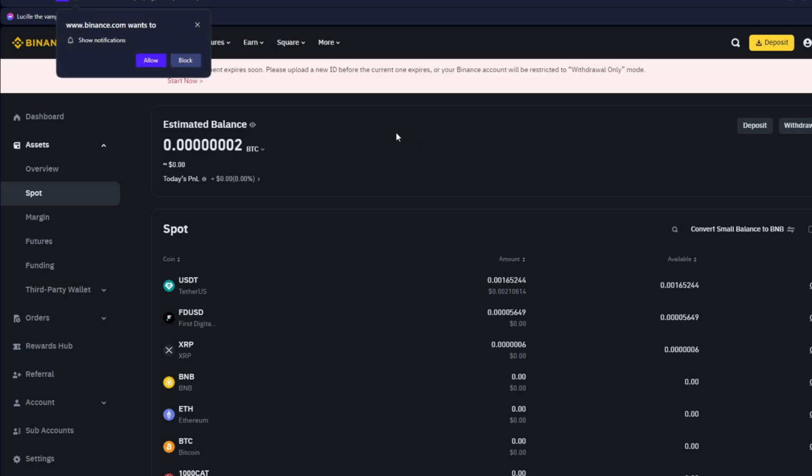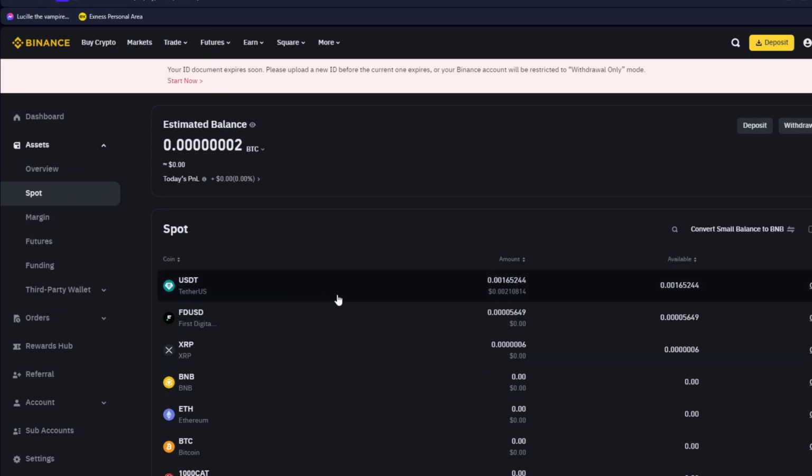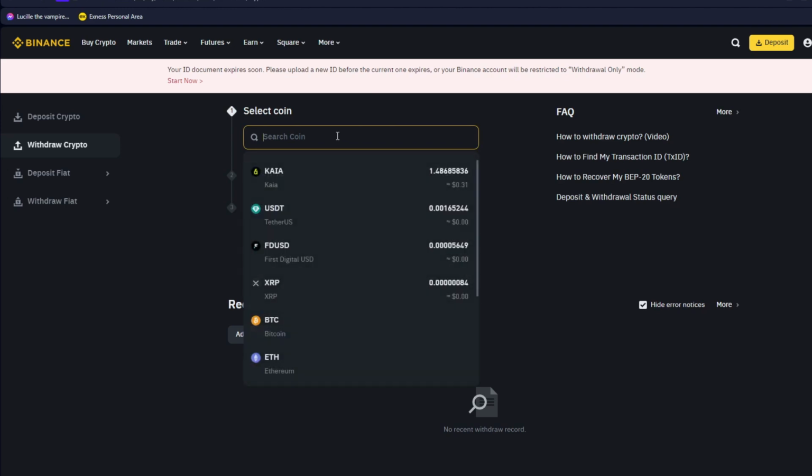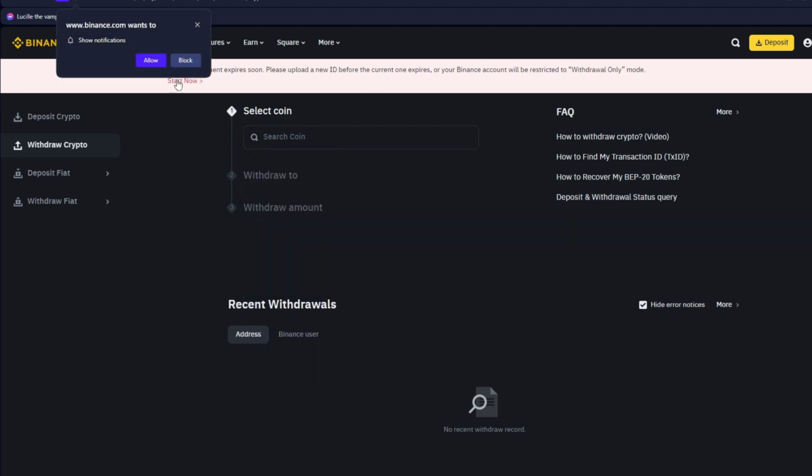Click on the spot wallet, and right after, it will take us to the spot wallet right here. You can also navigate through this menu by clicking on the spot category, and basically once inside, just go ahead and click on withdraw. Go ahead and search for the USDT token,